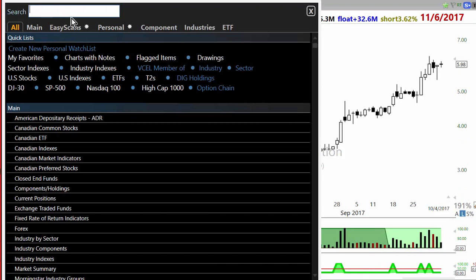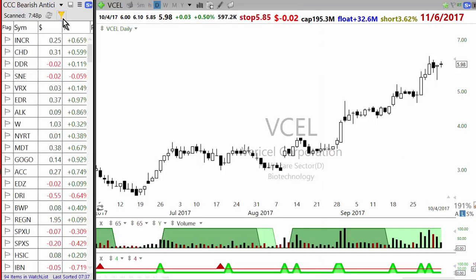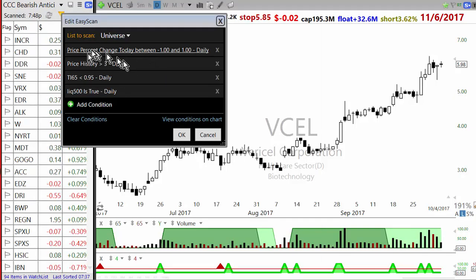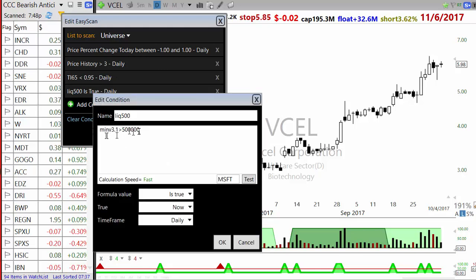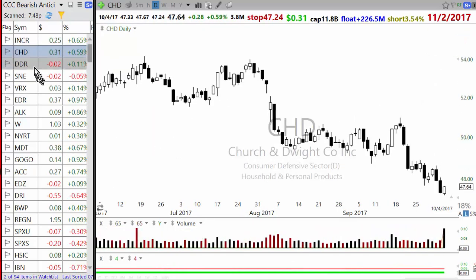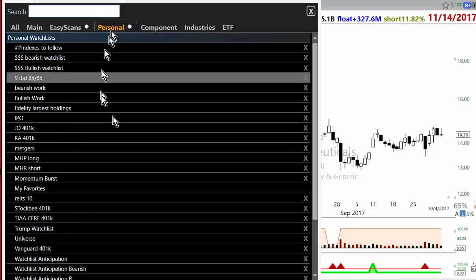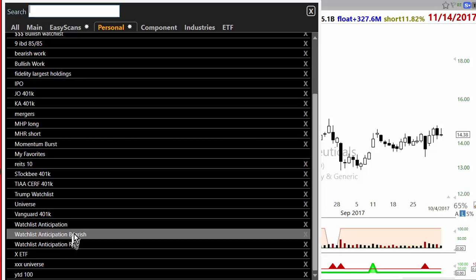This is one scan which I run for bearish anticipation, and as I said, I also look at stocks which are down a lot, as they also make good candidates. So price percent change, which is the anticipation condition, price history, TI 65 below 0.95. These are stocks which are in a downtrend, and liquidity 500 is true, so within 3.1 is greater than 500. Again, more liquidity is required on the short side, because the ones which don't have enough liquidity can bounce back very hard. So I've gone through these, and I will show you some of the bearish setups which I'm